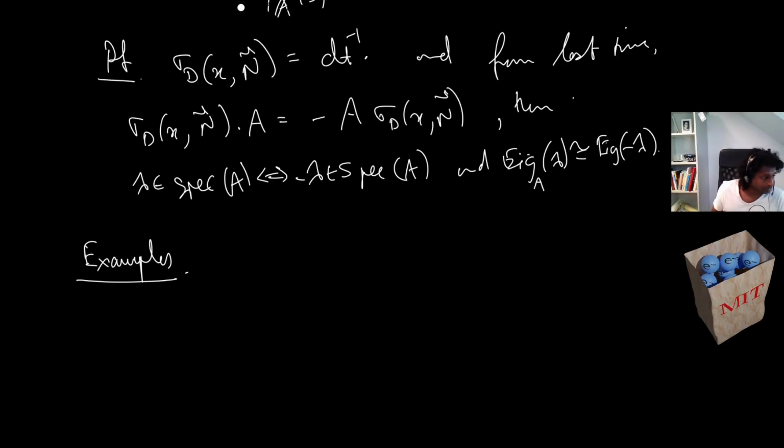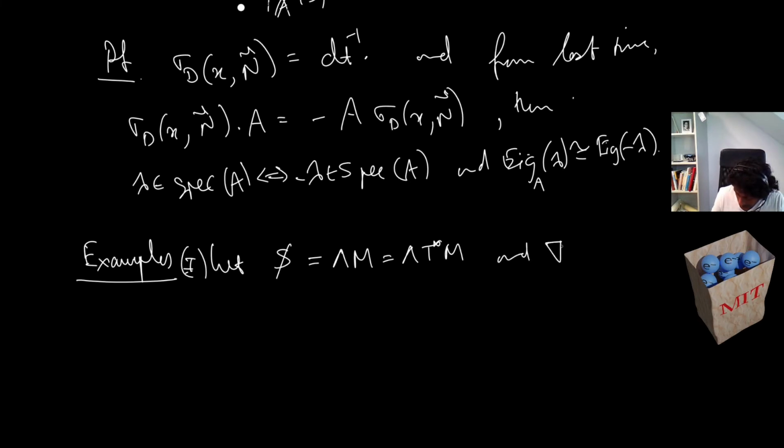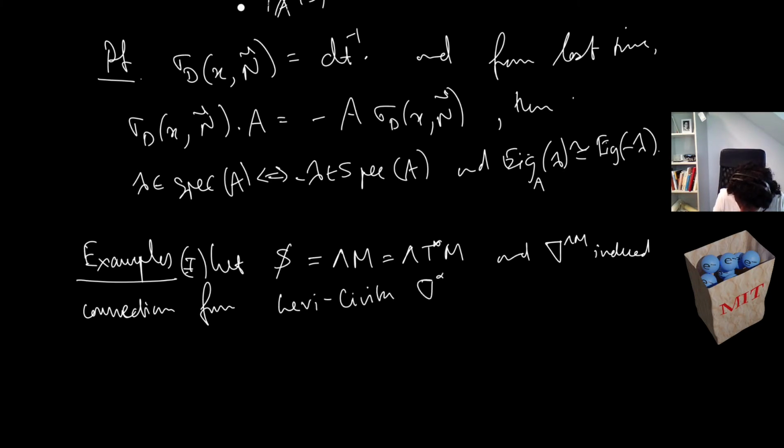So what are the examples? So the first one I'm going to say is let S equal just the differential forms, and this is the induced connection from the Levi-Civita connection, then